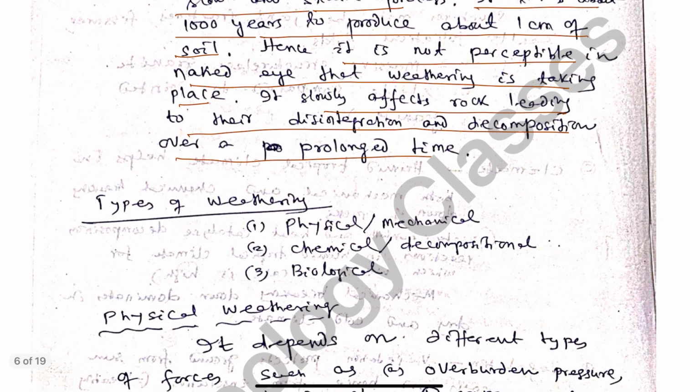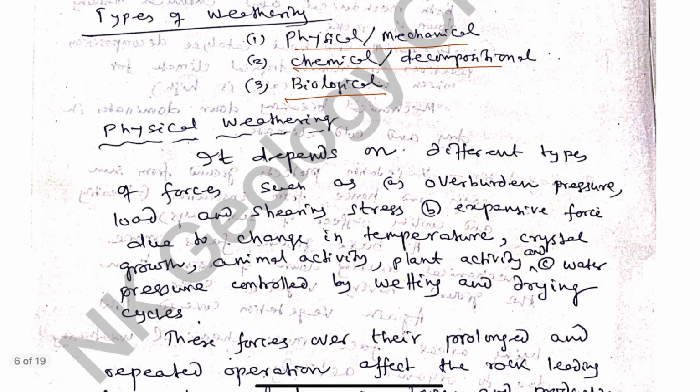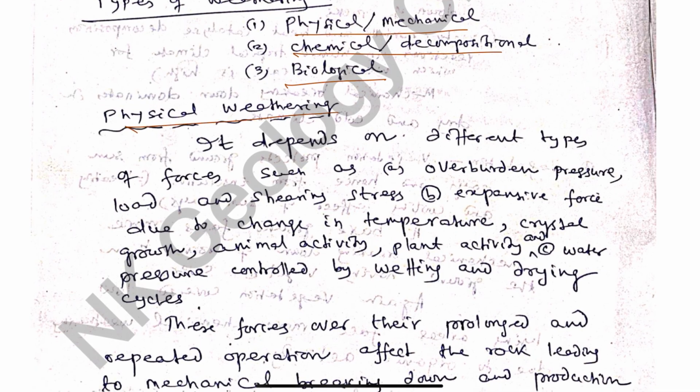Now let us discuss what are the different types of weathering. They are physical and mechanical weathering, chemical or decompositional weathering, then biological weathering. Let us discuss what is physical weathering. Physical weathering involves breaking down of rocks in their own place, and the breaking down is mechanical. It is not a chemical breaking down of rocks. And it depends